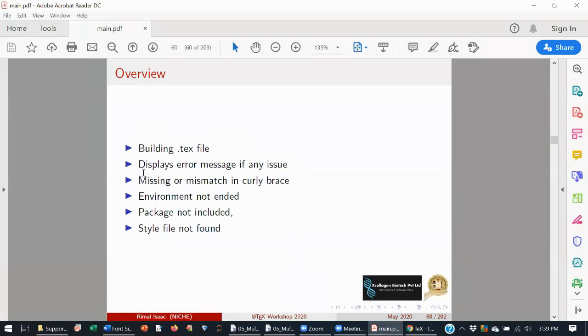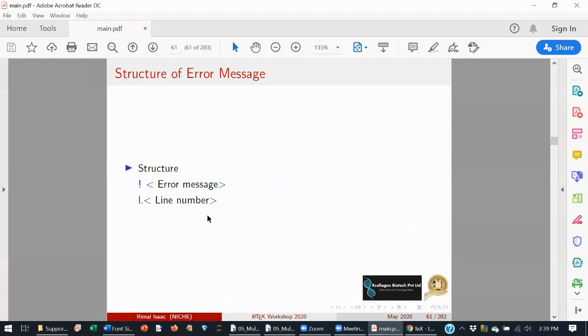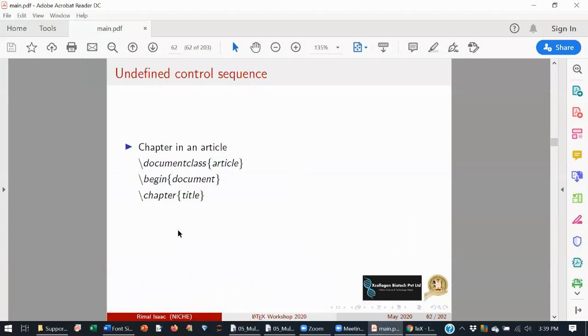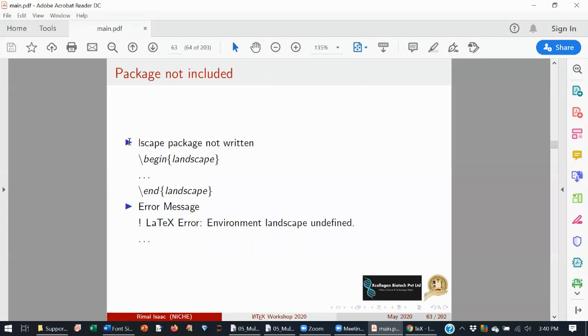So this will be the structure of the error message, as you see in what I showed in the console output. Okay, so one simple error. What happens? You will get an error like undefined control sequence. The person put the class article, created the begin document and created a chapter title, but this was not fulfilled because the begin did not end. So you have to end the document. So you will get an error like undefined control sequence \chapter because the begin document is not ended. Next one, you have